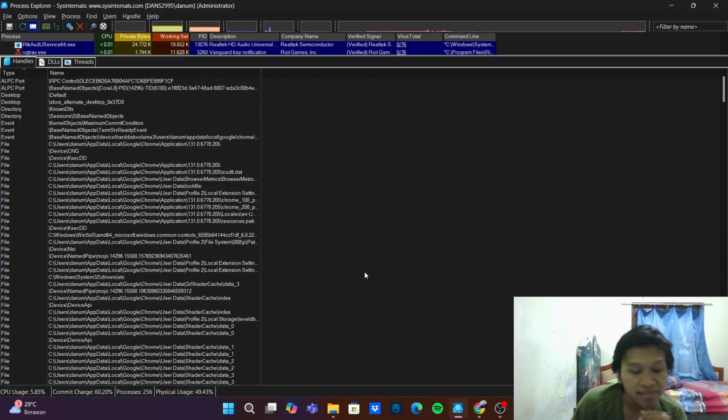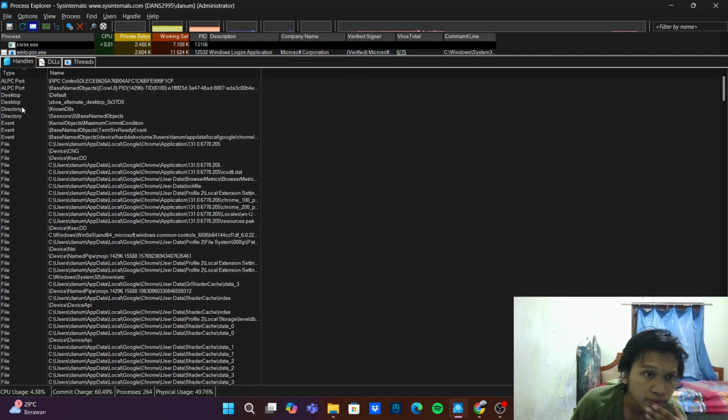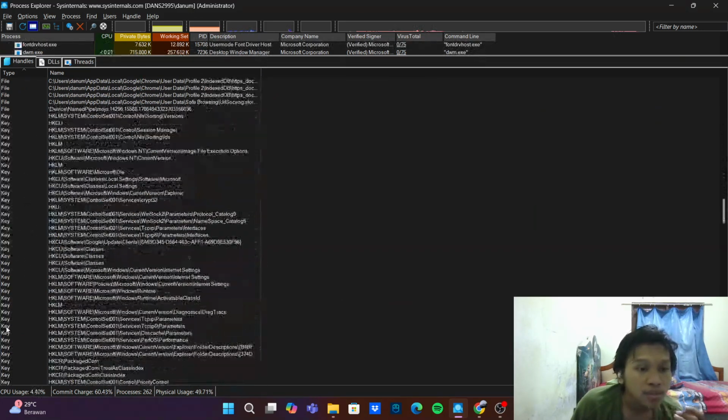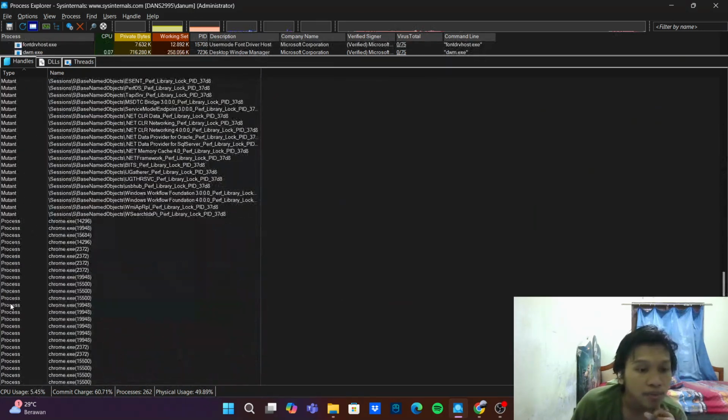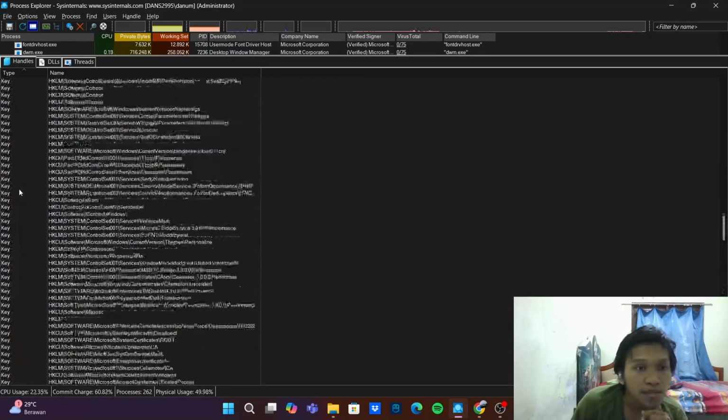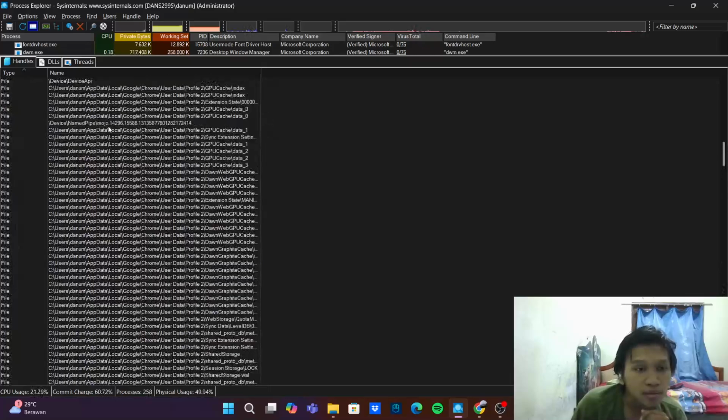A handle is a unique identifier used by the operating system to manage access to a resource allocated to a process like Chrome. Chrome connects with files, directories, desktop, ports like that, and sometimes keys or mutants or other processes, as you can see by the name here.